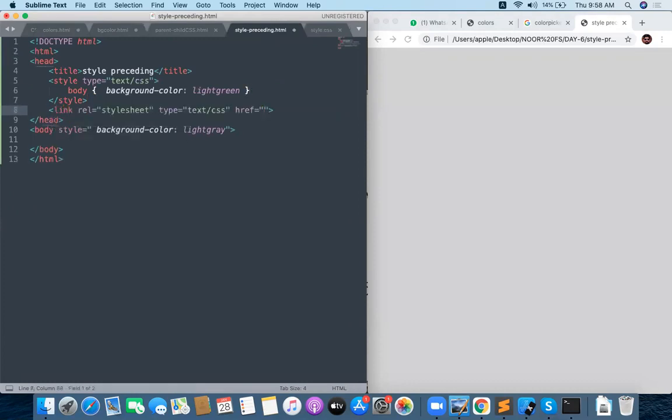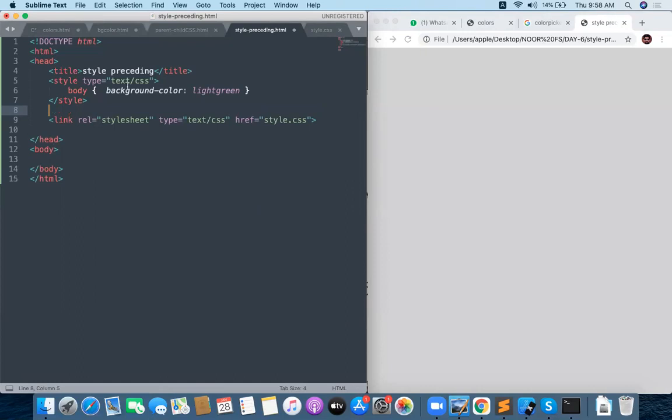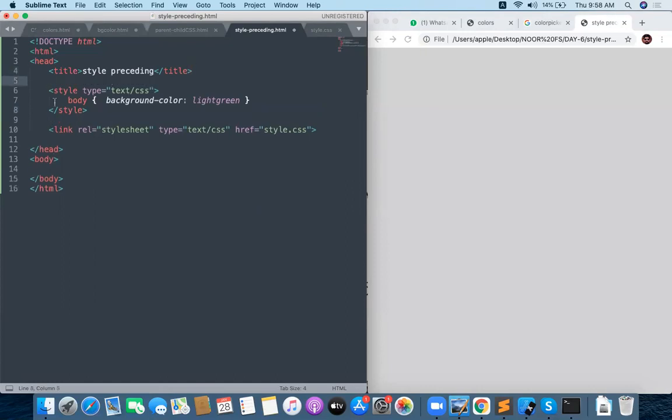Link rel stylesheet href, style.css. Now the external style is also called. If you don't write inline, it will take from the internal and external only. We are writing internal in the 6th line, external in the 10th line. What is happening now? The 10th line is overriding the 6th line.